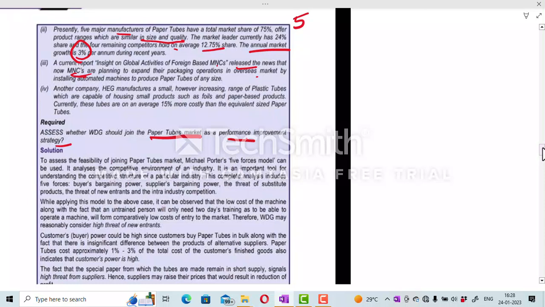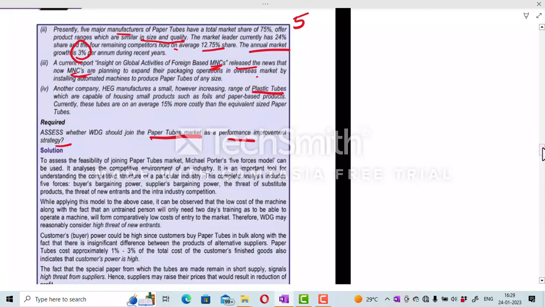It means there is a threat of new entrants. Already there is a threat of new entrants because of less experience required, and there is another threat that MNCs are coming. And the last point is another company, HEG, manufactures a small, however increasing range of plastic